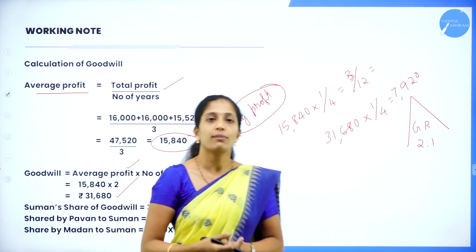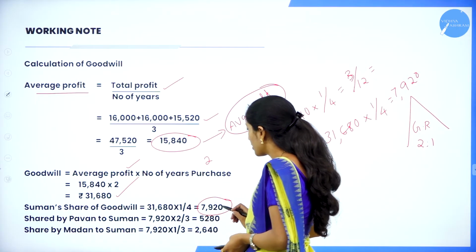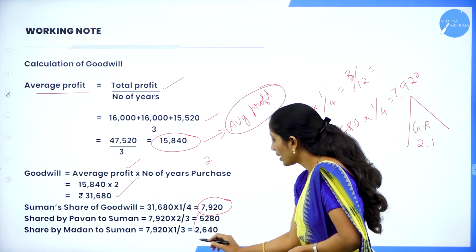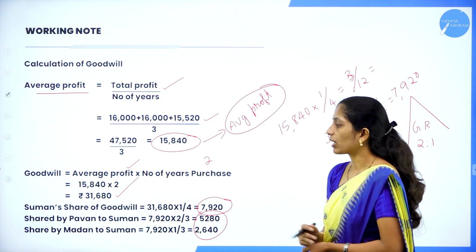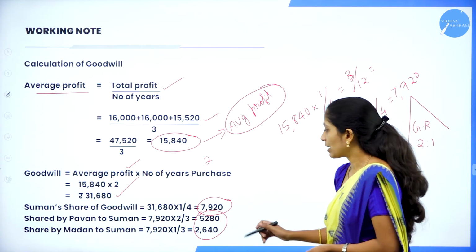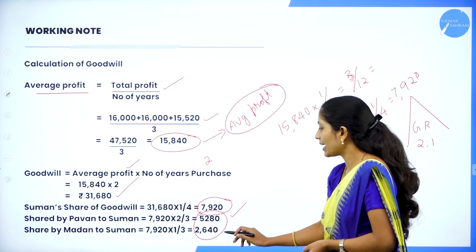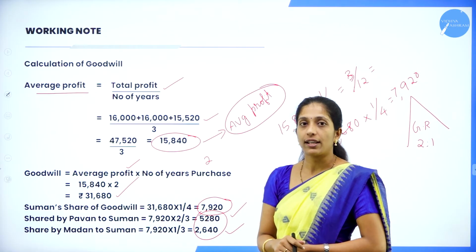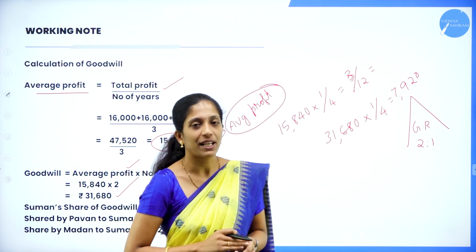So we know Suman's share of goodwill. How much? 7,920. Now this has to be distributed in a 2:1 ratio among Pawan as well as Madan. So Pawan will get 5,280 and Madan will get 2,640. Now your entry is what? Remaining partners' capital accounts debit,